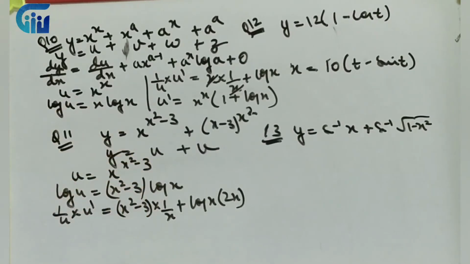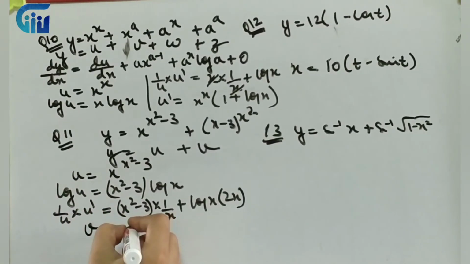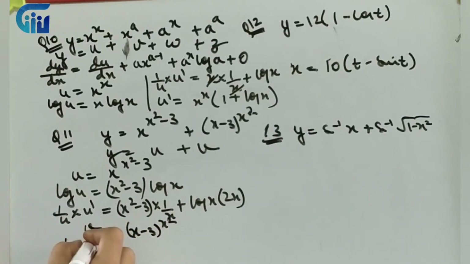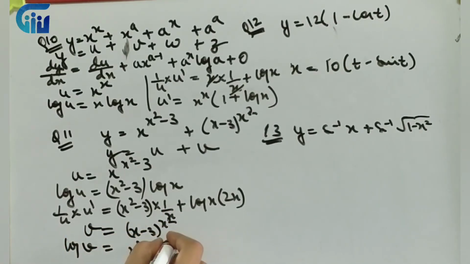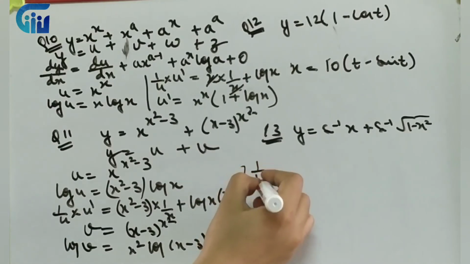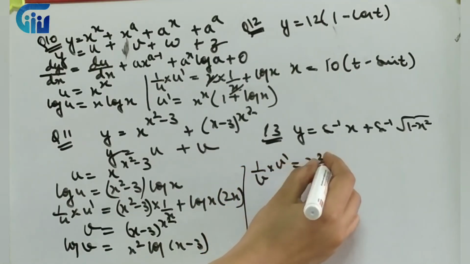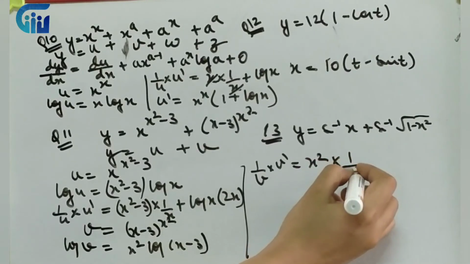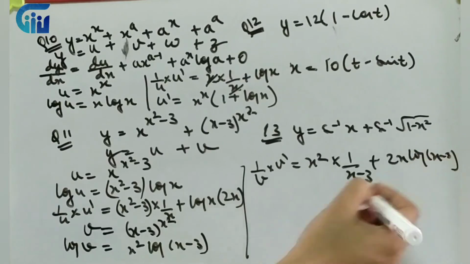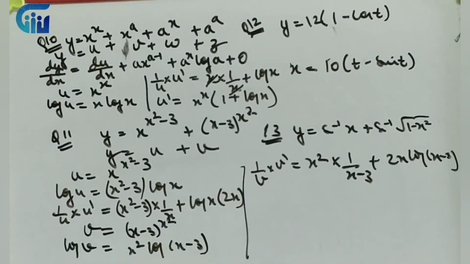So just multiply u over there and you'll get the answer. The same thing we will be doing for v. So for v, I'll just write it as v, x minus 3, power is x square. So if I take log, it will be x square log x minus 3, right? Now what we will do, we will just write the derivative v dash, x square as it is. The derivative for log is 1 upon x minus 3, plus 2x log x minus 3. So we can multiply by v and we can put in the answer over here for dy by dx, right?